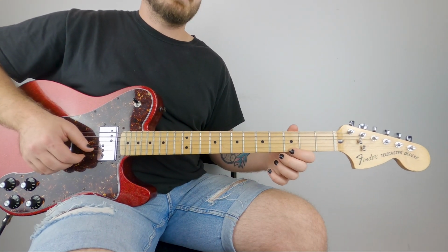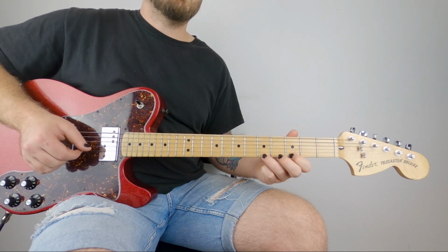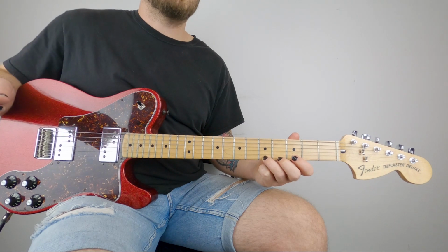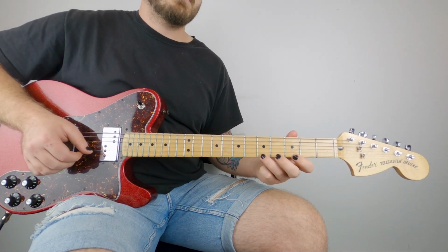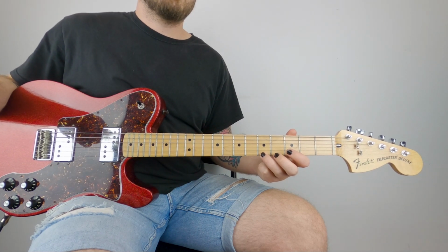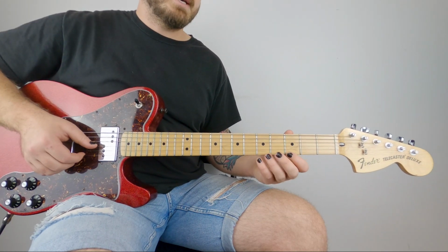Back to your 3rd fret on the low E, hammer on to 5. And you're staying there for 4. 3, 4. That's the entire second half. So it looks like